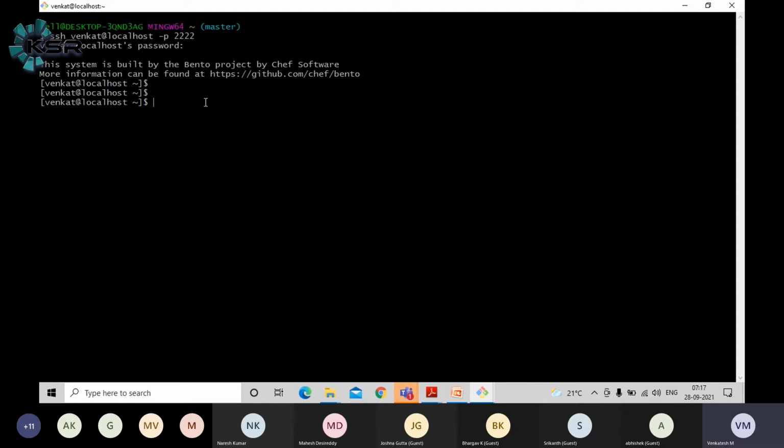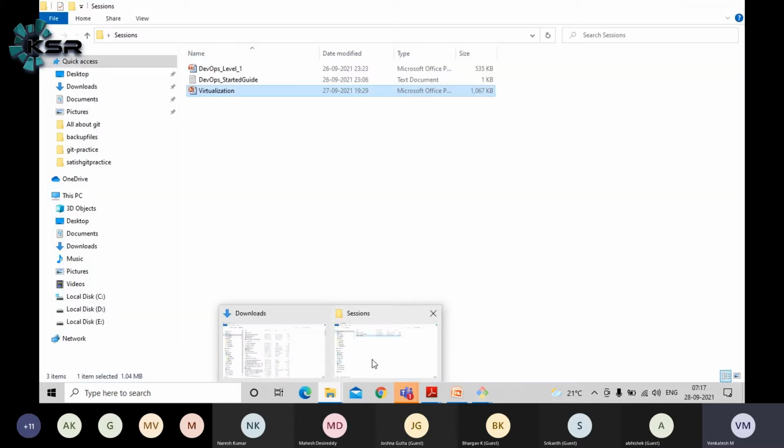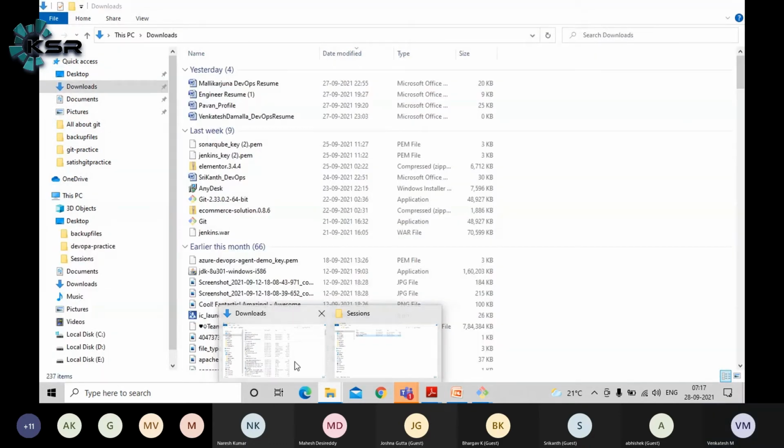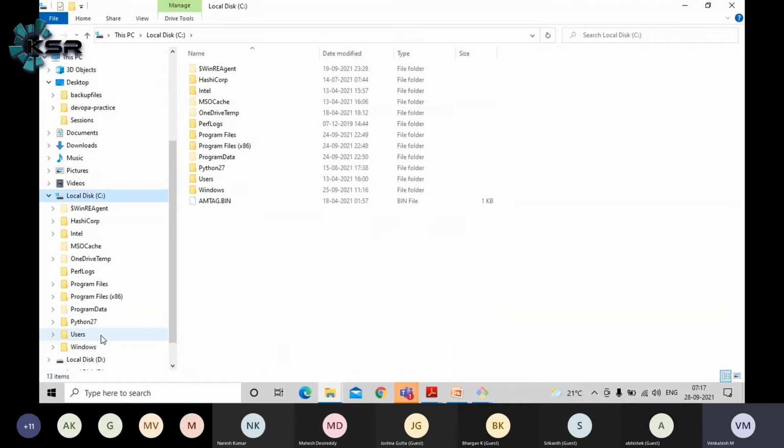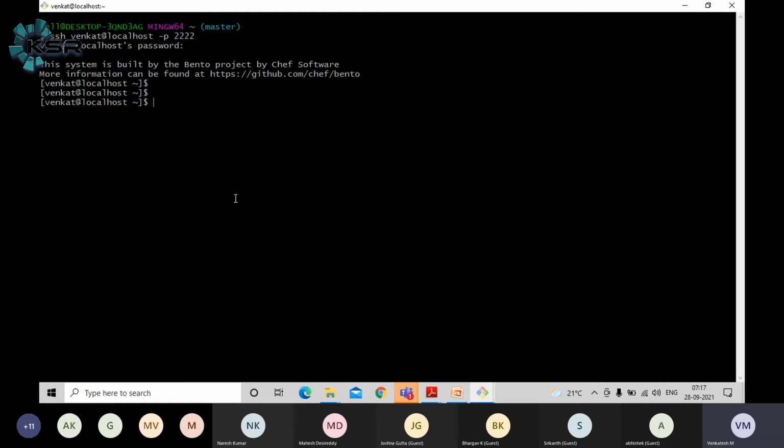Now if you want to see the present working directory: in Windows, when you go to any folder, in the top level column you will see the path, like here, some download section. But in Linux, that feature won't be there, guys. So if you are not sure which folder you are currently working in, you need to run a command called pwd, present working directory. It is going to print the current working directory.